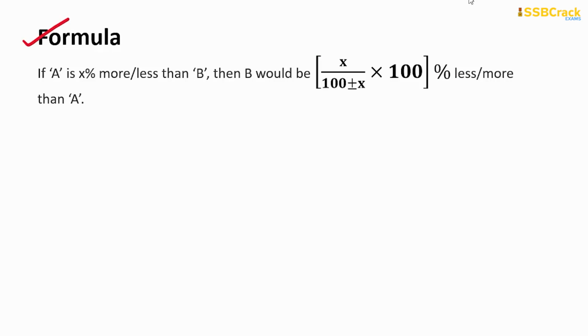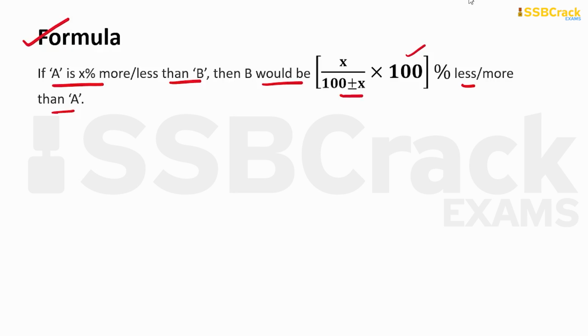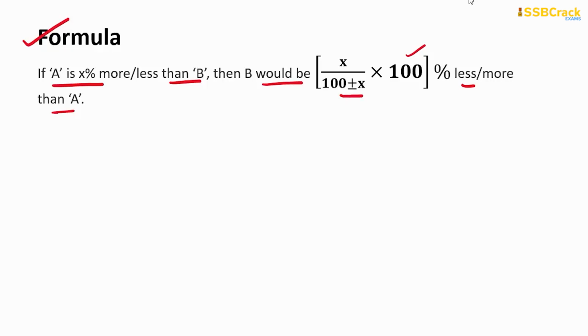Now coming to the next formula, it states that if A is x% more or less than B, then B would be x by 100 plus minus x into 100% less or more than A. Here we are given questions like: A is x% more than B, and we have to calculate how much percent less B is than A. Whenever A is more than B, then B is less than A. Similarly, if A is less than B, then B is more than A. So here we can easily apply this formula, that is x upon 100 plus x into 100 in the case of increase, and x upon 100 minus x into 100 in the case of decrease, or the less